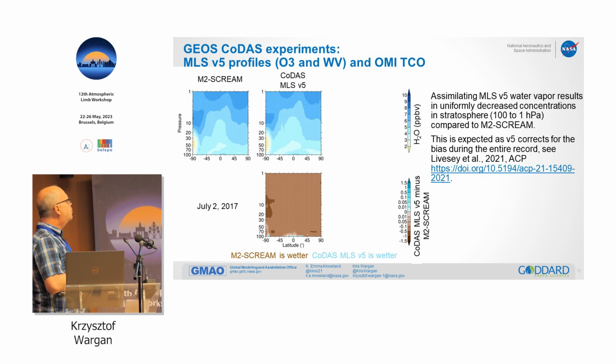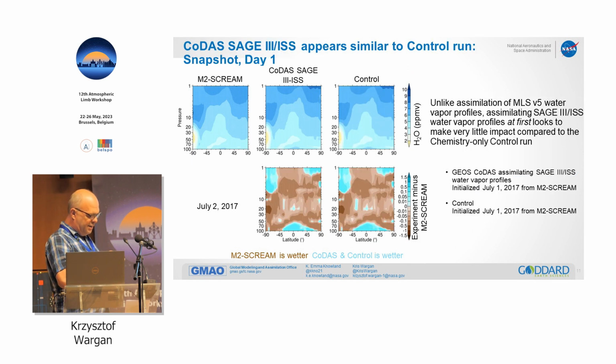informed by version 4.2 MLS observations of water vapor, and this is this V5 experiment, and this is the difference, and the difference is exactly what we would expect from assimilating those two different data sets. Version 5 is a little drier, pretty much uniformly everywhere. So no surprises here. Now, if we do the same, again, MERRA-2 SCREAM on the left, we have the